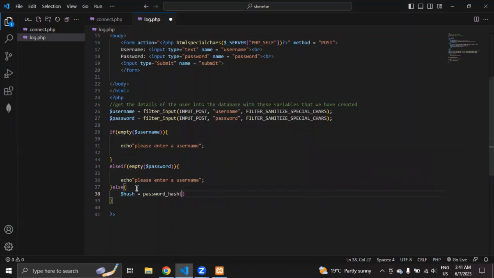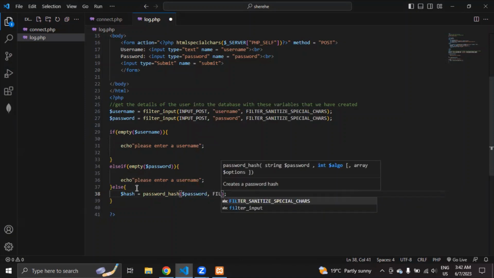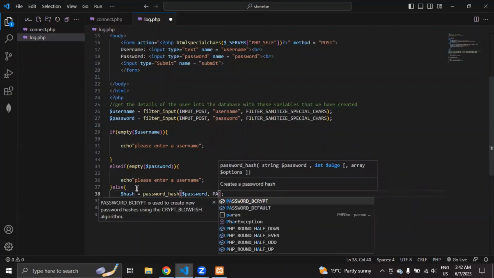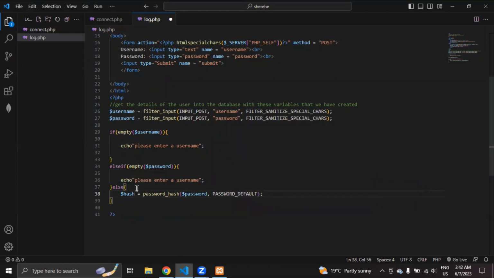We'll use the password hash. This value requires the password filter. Yeah, password here, then a simple password default. Now that we have the username and password from the user,